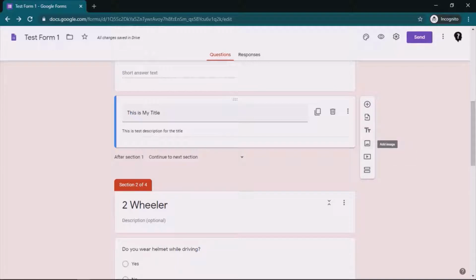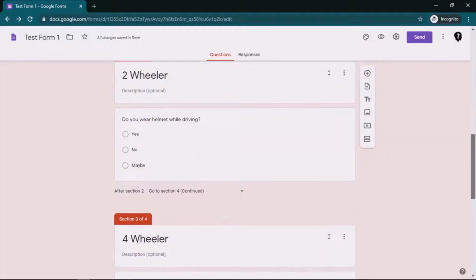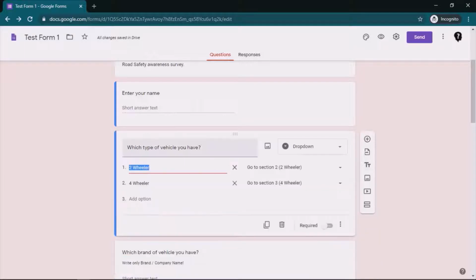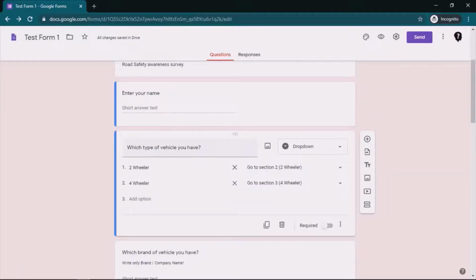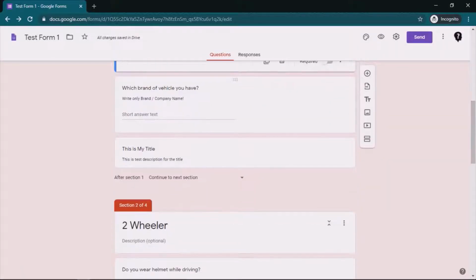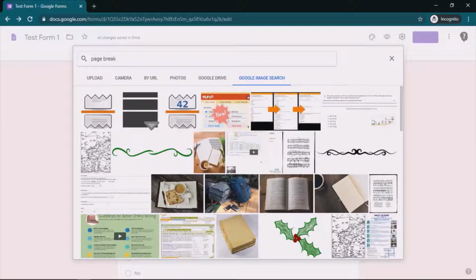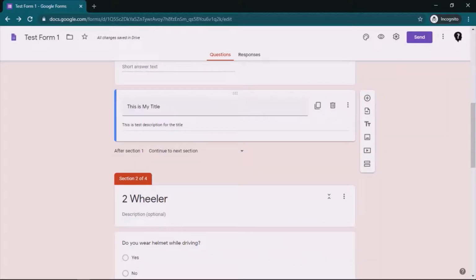Next we have add image. It is a similar command to what we have seen earlier whenever we insert an image into an existing question. For example, if I have this question and I click on the image, it will insert the image into that particular question. However, we can insert the image separately as well. So this is a page break. If I click on this, insert,